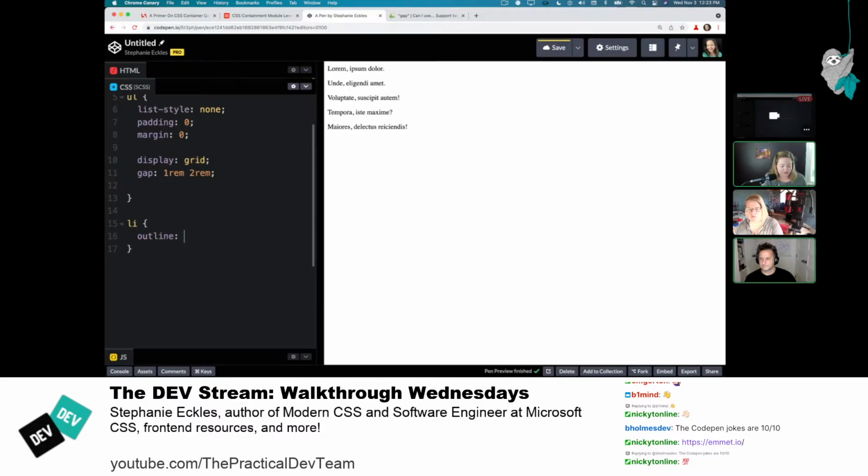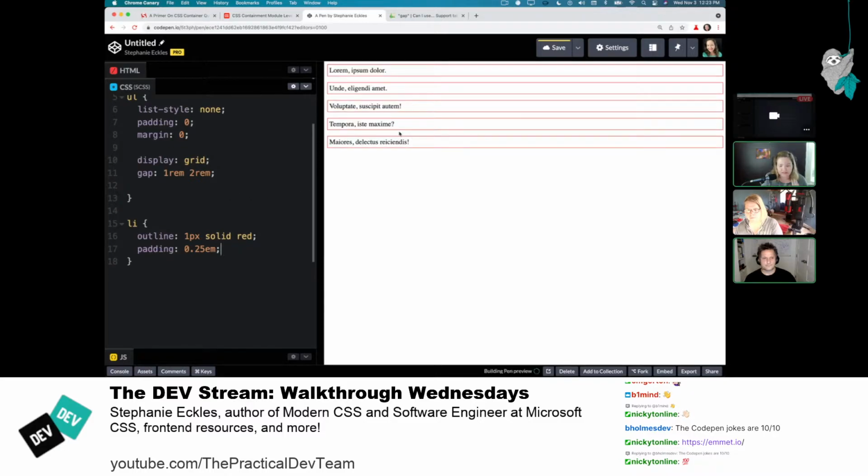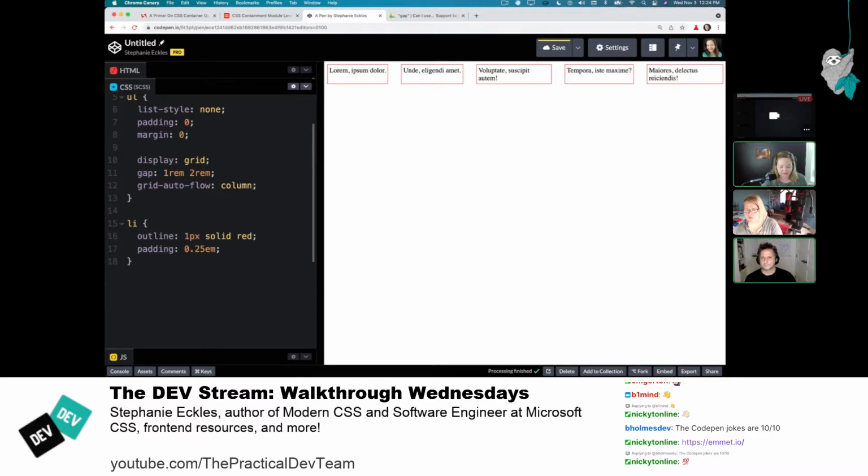just on our LIs, I'm just going to give them an outline and just a tiny bit of padding. Okay, so now we can see those grid children without using the inspector. That's the reason I did that. And so, if we want it to behave a little bit more like Flex, what we can do is change grid auto flow. I said it was row as a default, so we're going to change it to column. And now they've jumped up next to each other, and